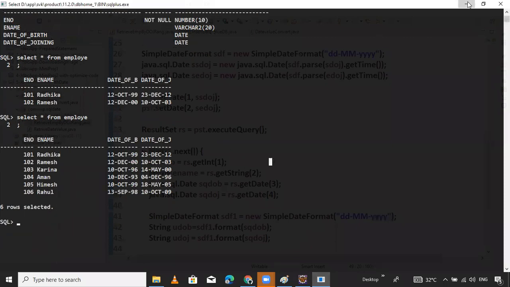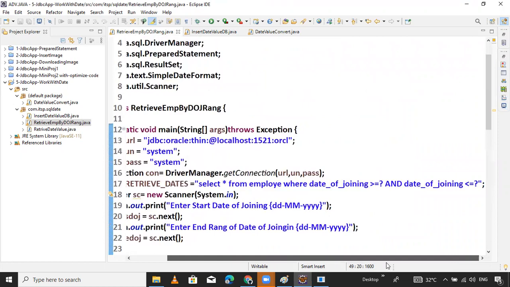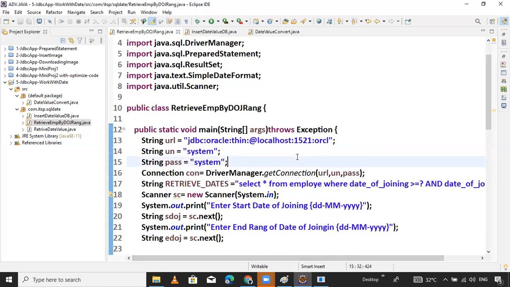I hope you will get clarity about how to prepare this type of application. In the next video, I will prepare one calculator, date calculation, how to calculate. I will do some practical also. I will prepare some more examples on the date, like how to calculate the date, how many days and months. I will discuss the database also, guys.